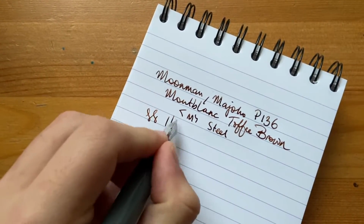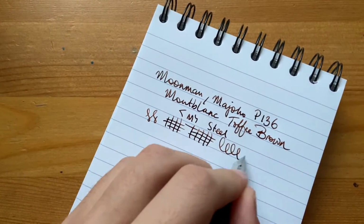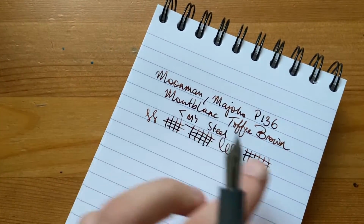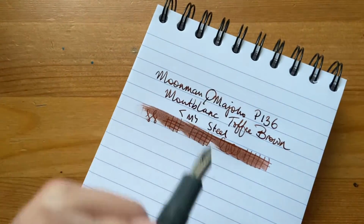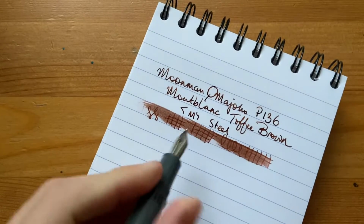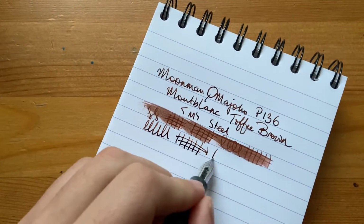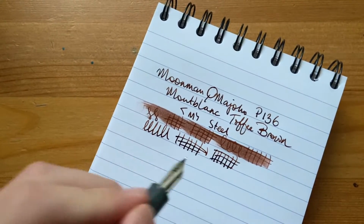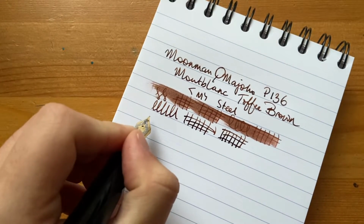and you can see that it doesn't do it all the time, obviously. When it writes, it actually writes quite wet, but like it did there, you do get little skips and hard starts and all that from this nib occasionally. It's just not consistent enough. And as I said in the review, it's happened multiple times, multiple different styles of writing, all that kind of thing. Then we get the Wingsung